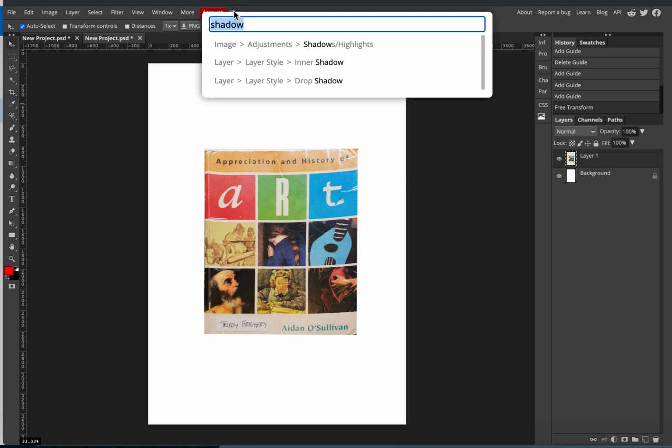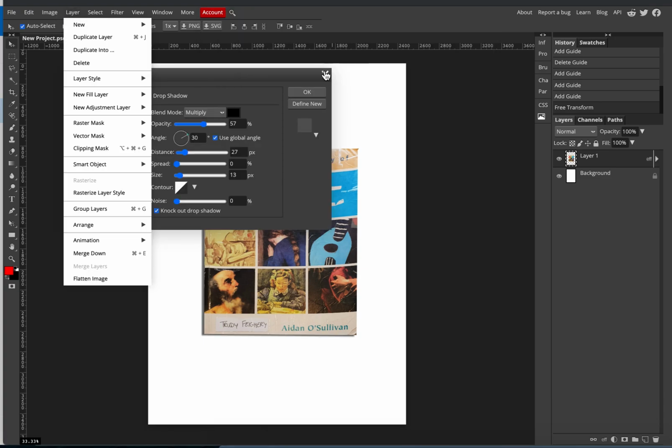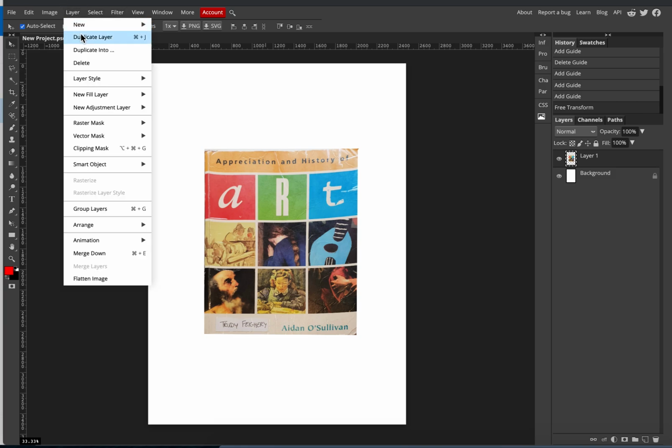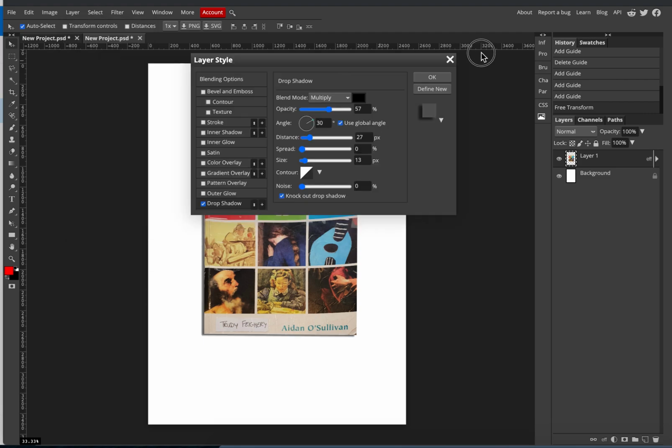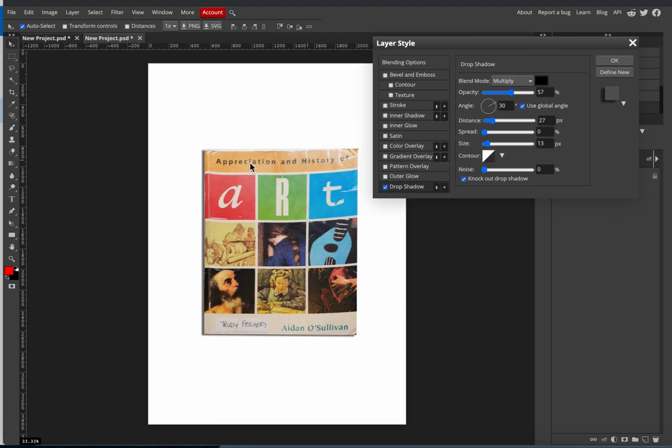So I've put in shadow, and then it's saying, okay, in the menu you go to layer, layer style, and drop shadow. So that's how you'd find it. Okay, so layer, layer style, and drop shadow. So then we get this menu, and do you see the way a shadow has appeared along the outside